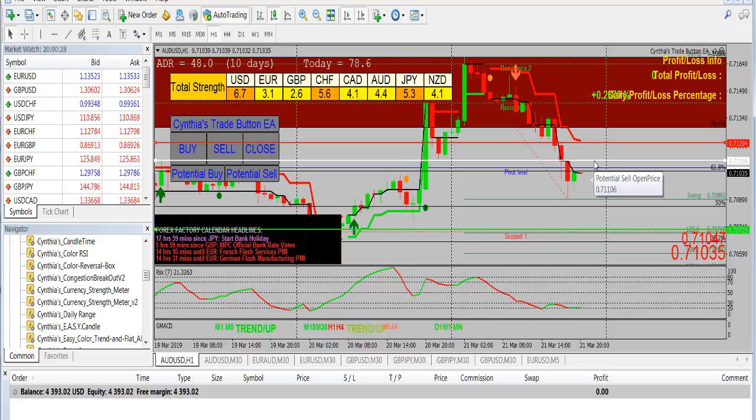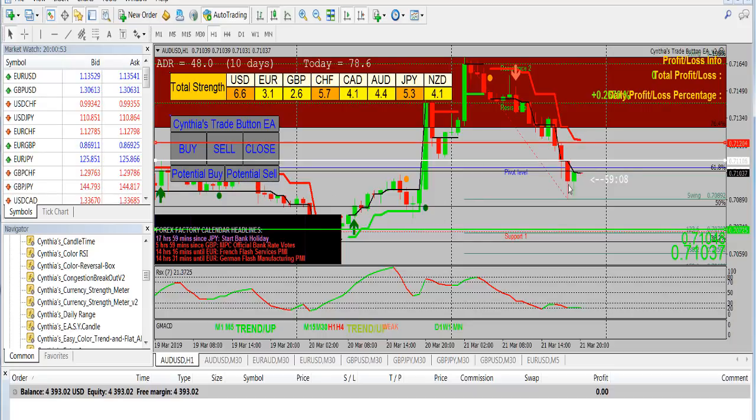at the same time the stop loss will be placed with the broker and the take profit will be placed with the broker. So this is a way to trade for people who really are experienced traders, to be able to not have to be at their PC all the time. If you can analyze charts and you know how to trade retracements, the potential buy and the potential sell is